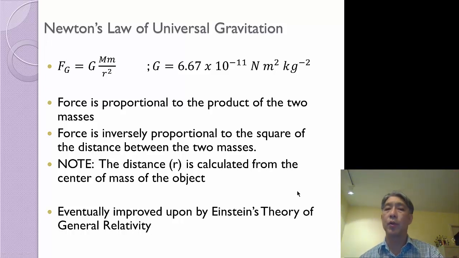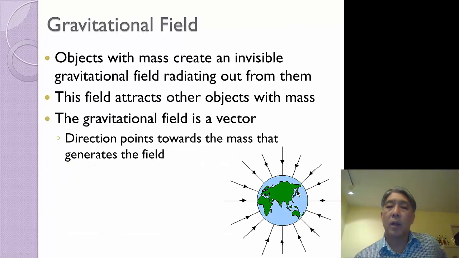Okay, so inversely proportional means a 1 over something type of relationship, and since it's proportional to the square, it's 1 over r squared. So in total, we just have this force of gravity is equal to G M m over r squared. This is a very important formula because we're going to see this formula again, not only in terms of gravitational forces, but also because of electrostatic forces, the force between two charged objects. Okay,